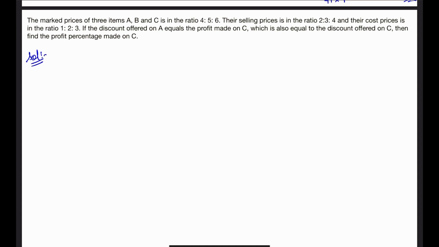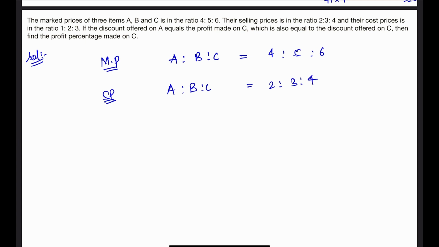So in the solution part, if the marked price of A is to B is to C equal to 4 is to 5 is to 6, then the selling price of A is to B is to C is 2 is to 3 is to 4, and the cost price, okay, everything is already given, 1 is to 2 is to 3. Great. If the discount offered on A,